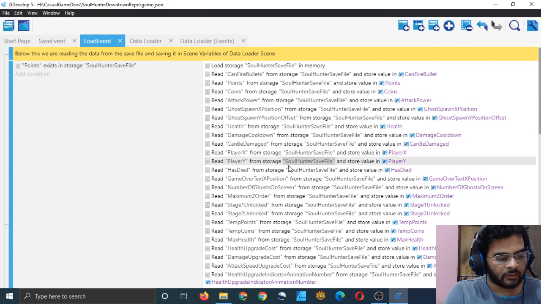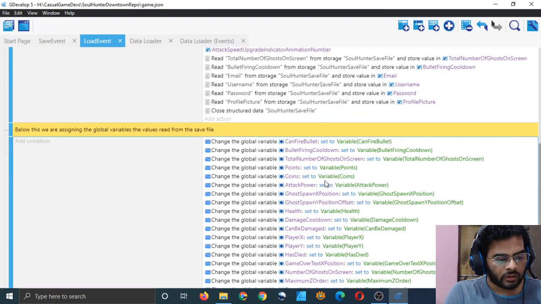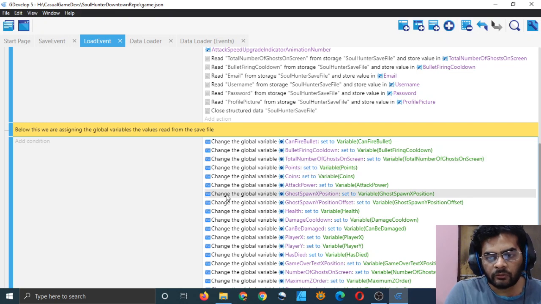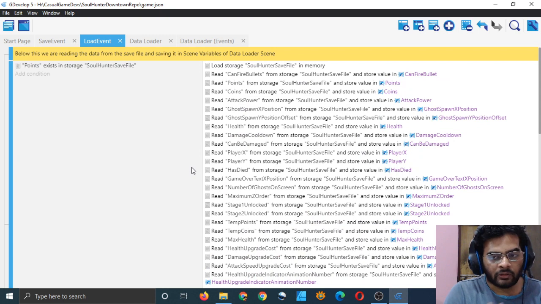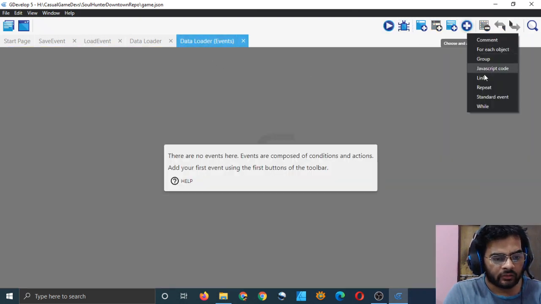If it's not present, it will not load, and it will store the default values of the scene variables into our global variables, which will also be fine. There will be no problem with that, right? Because both our scene variables and global variables are identical and they have the same default values assigned to them. So that's good. Let me just add a link to that event.